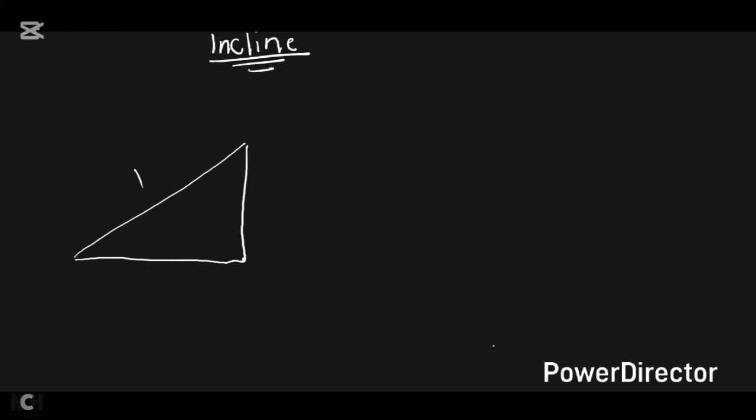So we have an object which is here. Then you remember that it is being put at an angle. The one that we were doing was not being put at an angle, right? But this one now is being put at an angle. So what you do is just the same thing that we are doing there. Remember that if this object is being put at an angle, meaning this angle here,